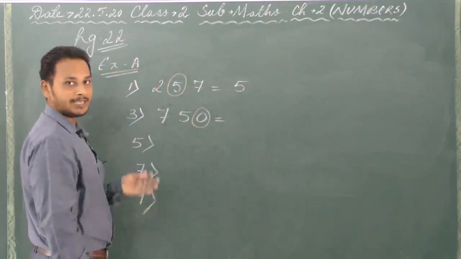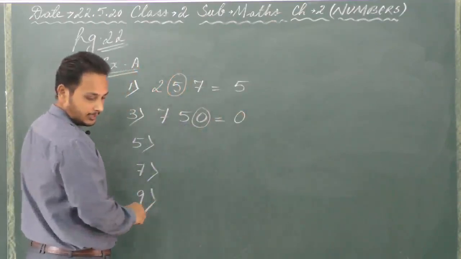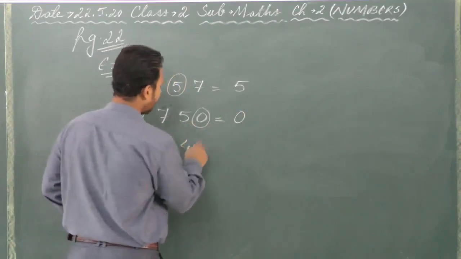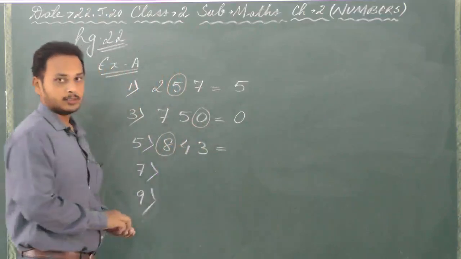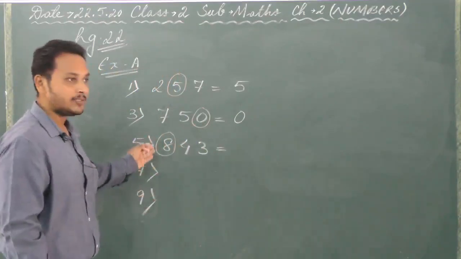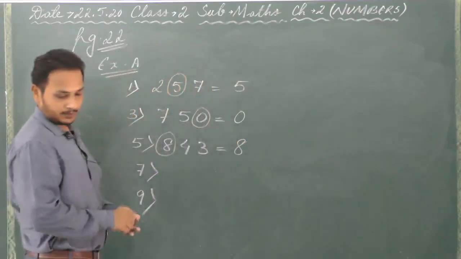So what will be the face value of 0? It is again 0. Then the next number is 843. Now what is circled over here? 8. So once again, what is the face value of 8? It is 8 itself. Then next we have